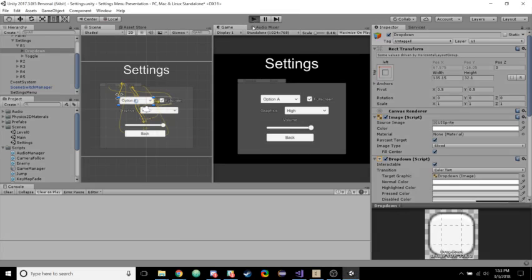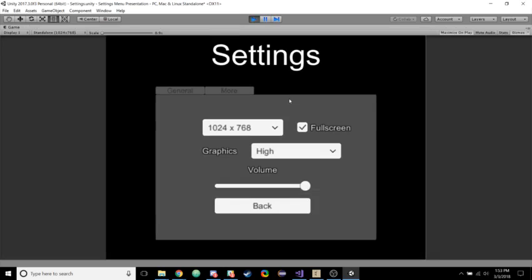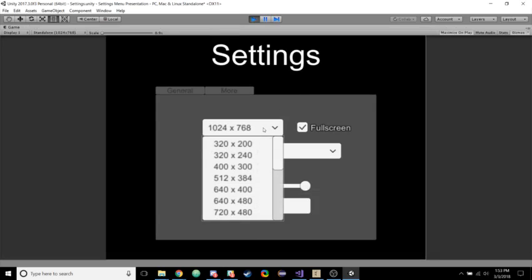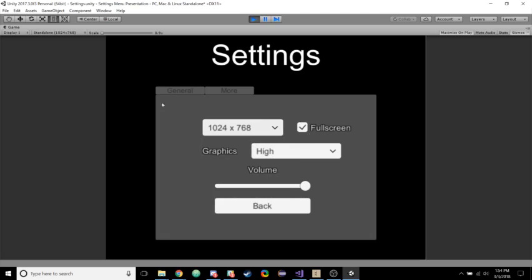Run it again, and we'll see that it is different. That might just be because I'm in the editor. My default is 1920 by 1080, I think. But once again, once we build and run this, it should be evident,